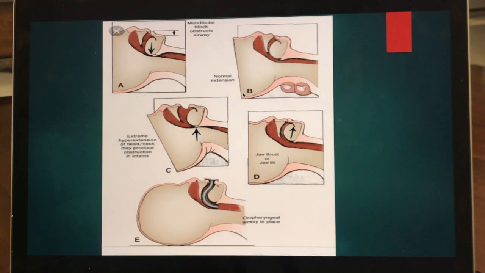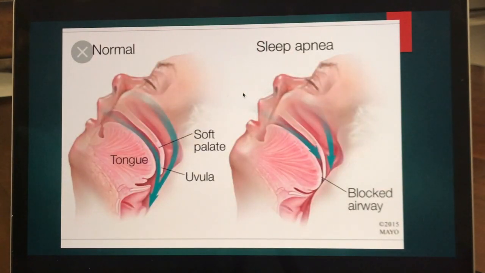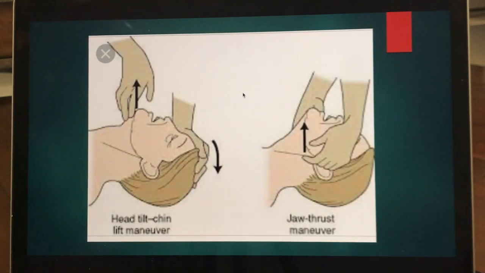So, treatment, if the head is flexed with a pillow, remove the pillow altogether. A head tilt to one side or the other may cause the chin to open up. A slight chin lift up with 2 fingers can help. A pillow or roll under the shoulders can also help. A jaw thrust maneuver may be utilized where the angle at the back of the jaw pulls forward gently with